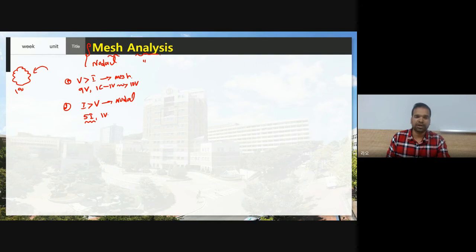But before applying nodal analysis, see here we have one voltage source, right? This voltage source you need to convert to a current source by using the voltage-to-current source conversion. Then in total how many current sources? You have 6 current sources, and then you apply nodal analysis. These two are very important points. Based on these, we will choose which analysis to apply to the circuit.